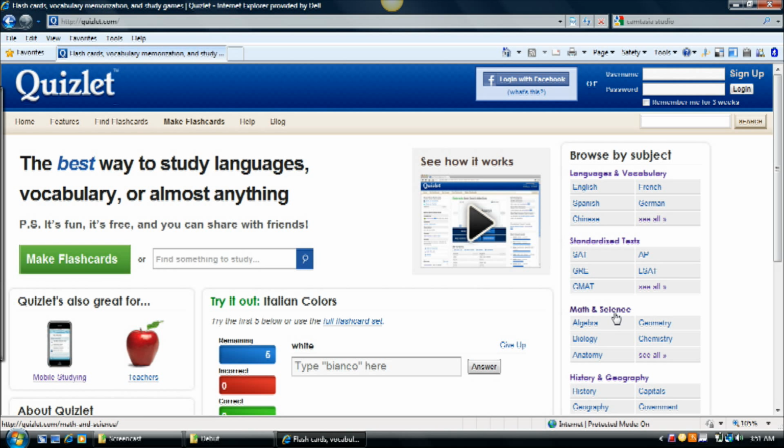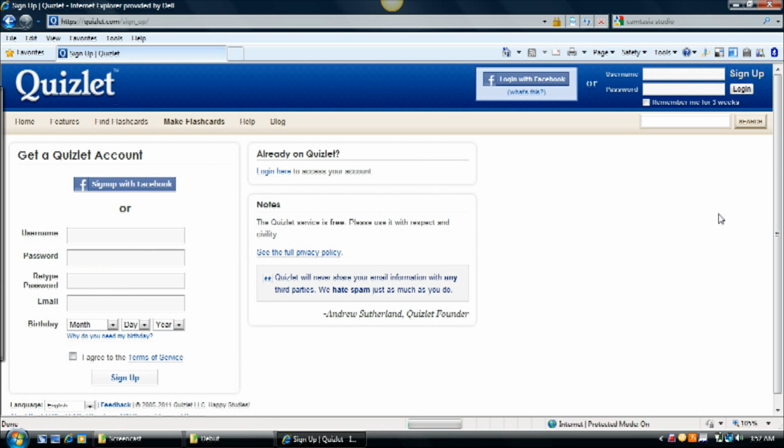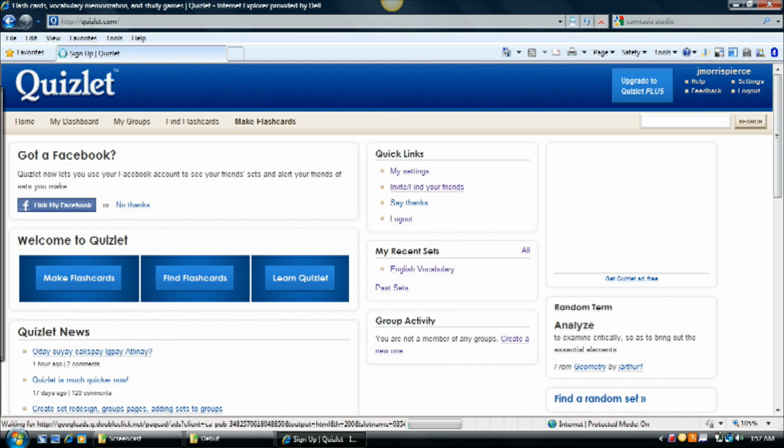First thing you will want to do with Quizlet is to set up an account. It's free, and you must sign up to keep track of study items, flashcards, and study groups. Click Sign Up. You will need to create a username and password as well as give an email and birth date. Once you have